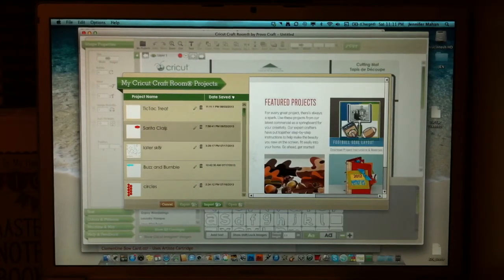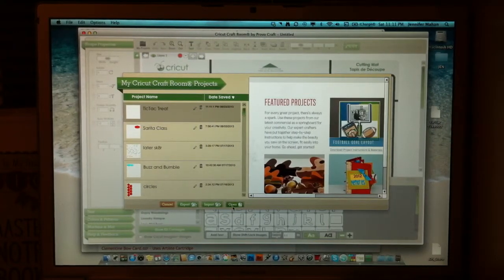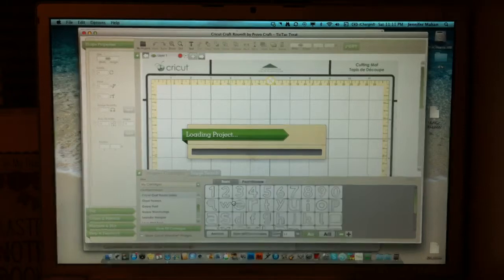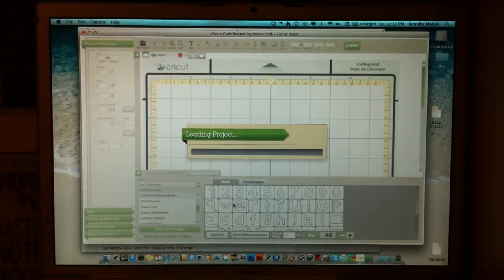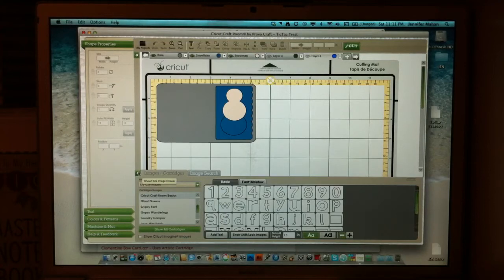To open this now, we click on it and highlight it. It'll be a little darker than the others. And then just say open. And it will load that project in. The way that we have this file saved to begin with is that all the layers are shown on top of each other. So when you go to actually cut